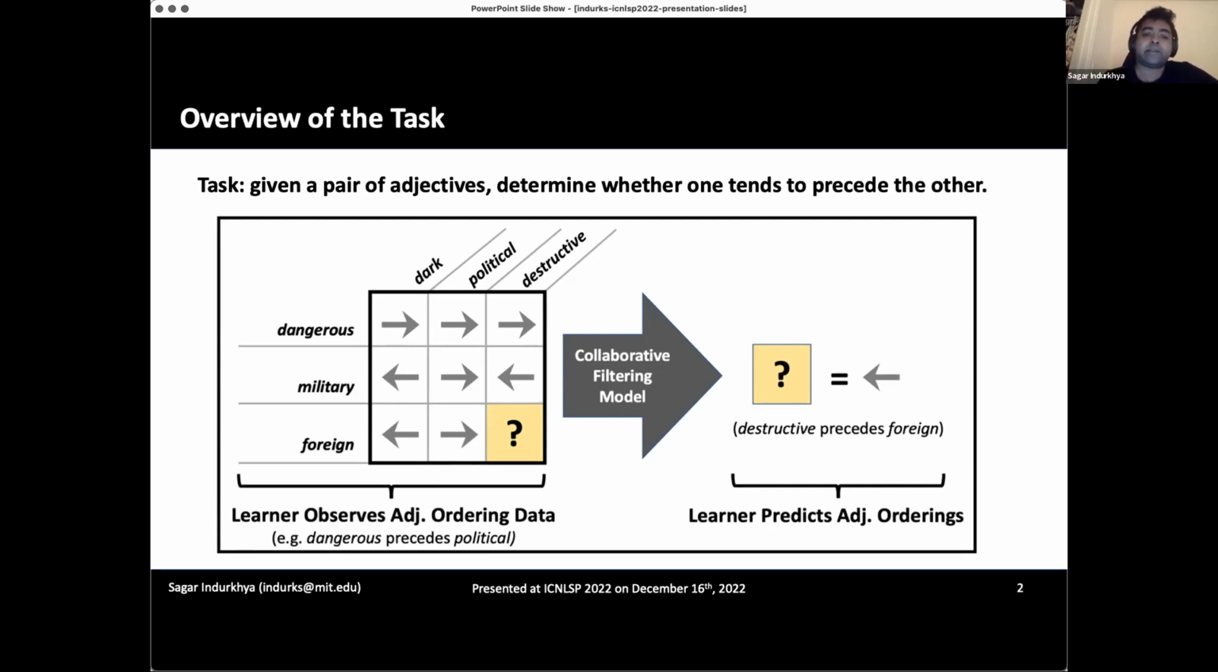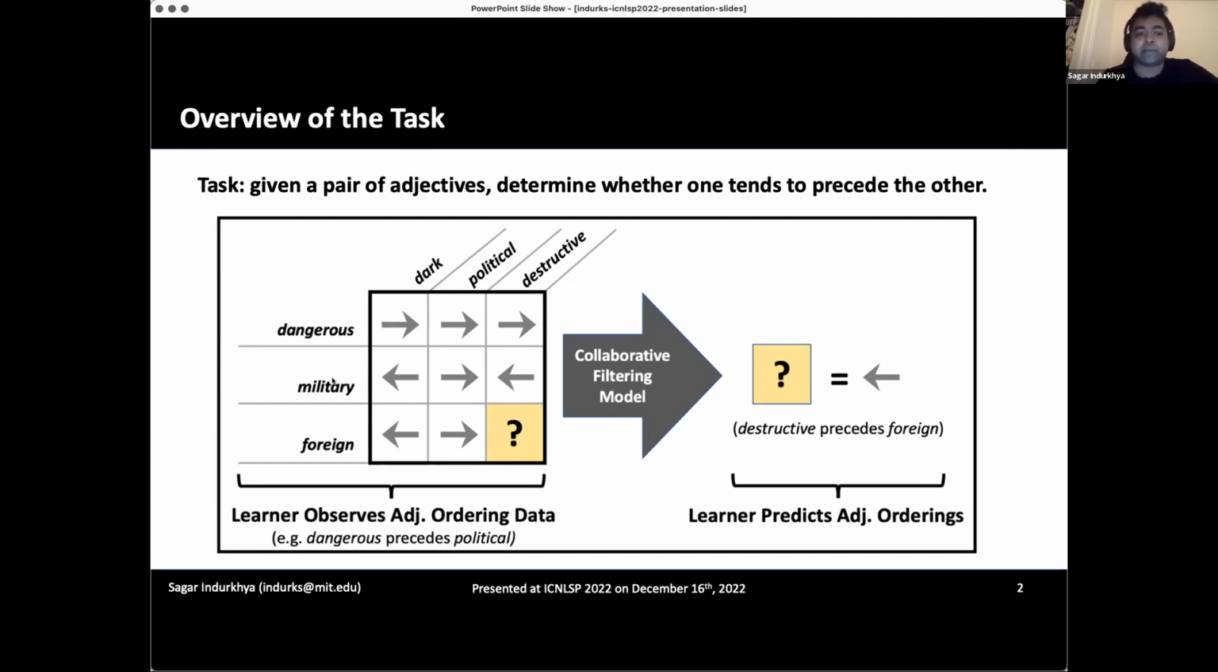And so then the task is, given corpus data, and more specifically bigrams of adjectives that appear in corpus data, can you build a model that is productive and can predict new orderings between adjectives when you've never seen that pair of adjectives before? So in this example, for example, you have